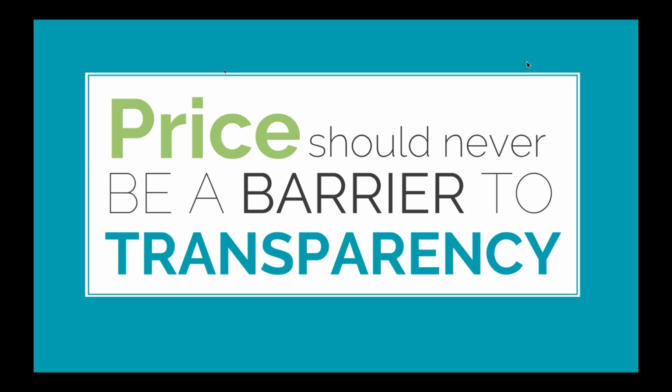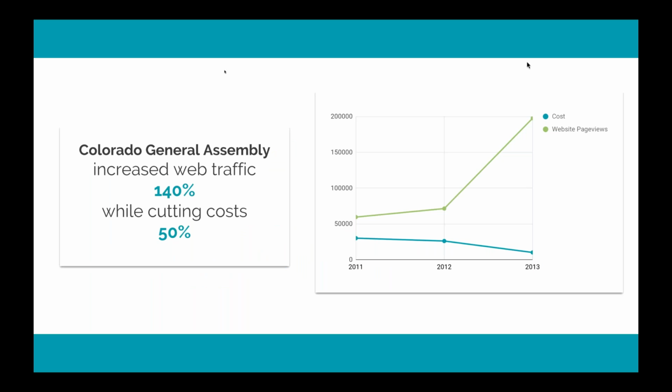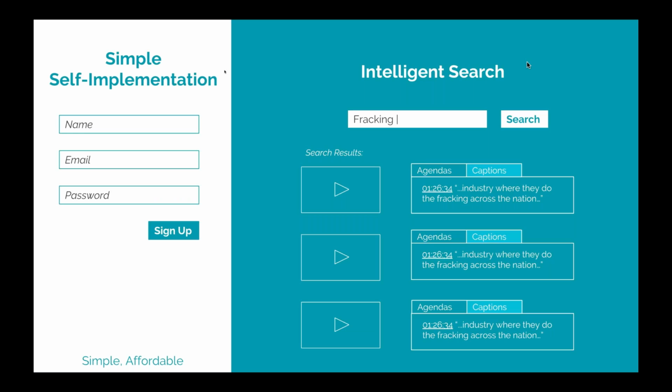You know, the first government that we implemented this with was the Colorado State House of Representatives. We increased their web traffic by over 140% while cutting their costs in half in the first year, and then set out to release a version of this that could be used by any government. Just last year, we launched this software accessible to any government at open.media, providing free, simple self-implementation. Lots of governments have just implemented this totally by themselves without any help from us,